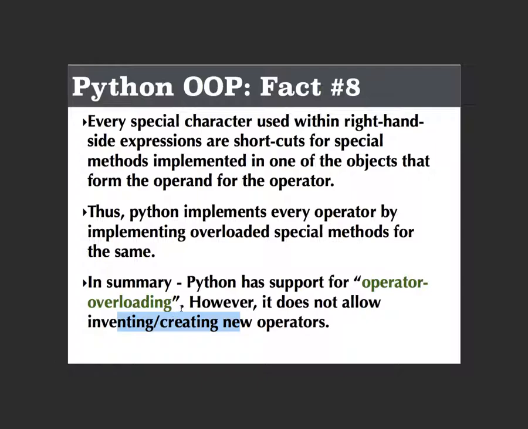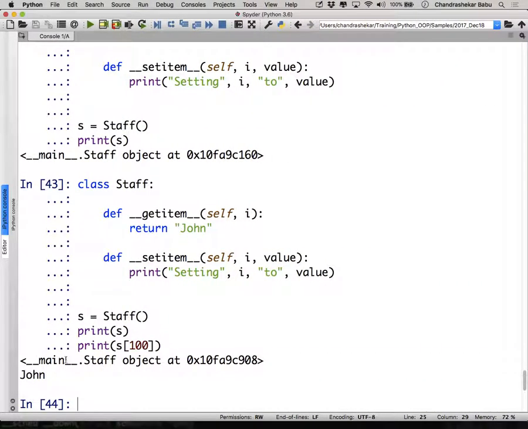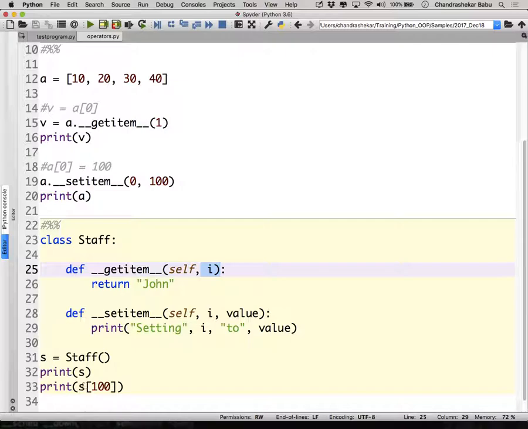Okay, never mind. Alright, so you can see here, we say main.staff object at so and so, right? So if you say S of and you give anything like this, it will become S dot get item of 100. I am not trying to make any sense out of that argument being passed. In reality, if I create my own custom container or collection, I could actually go to that slot, 100 slot, get a value. And how to maintain a slot, right?